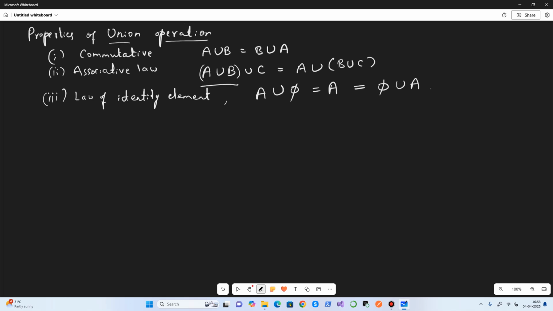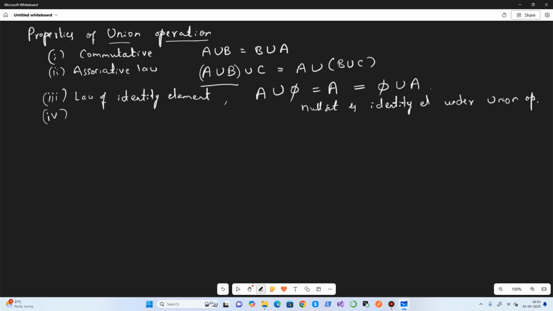So that is the law of identity element. We say that phi, the null set, is the identity element under the union operation.